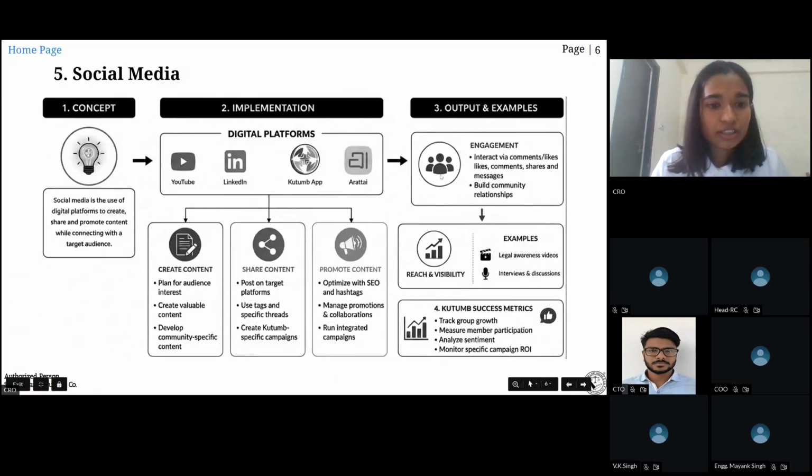For example, in LinkedIn, here we can post all our training sessions, videos, content, and invitation letters. All the invitation letters are posted in LinkedIn, so that we can connect all the members in LinkedIn and our audience can connect with us. If you look at Kutum app, these are the apps: Artai, YouTube, LinkedIn, Kutum. Kutum also helps to connect